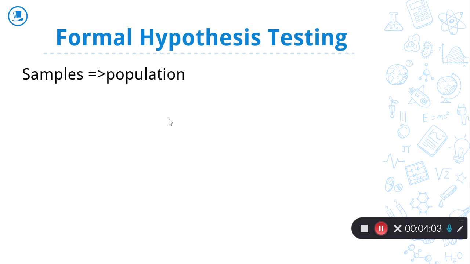Formal hypothesis testing is when we're going to use information from samples to make some conclusions about the population. Chapter 6 fits into this because we have to use the central limit theorem. Remember, the central limit theorem tells us that when we know about a population of individuals, we can figure out what the population of sample means is like, the sampling distribution of the means. And we need to know that because